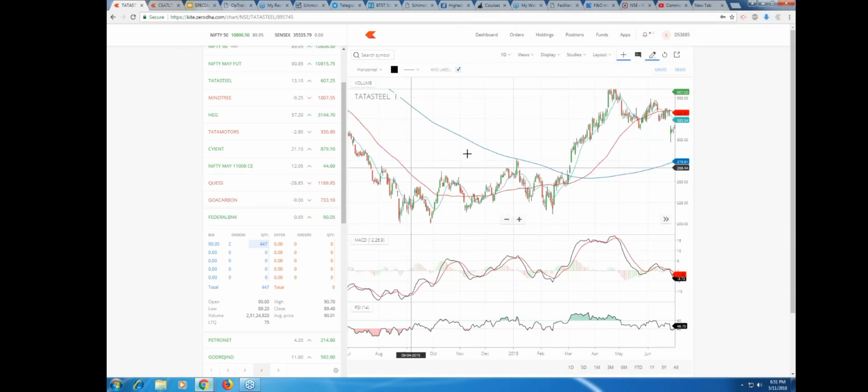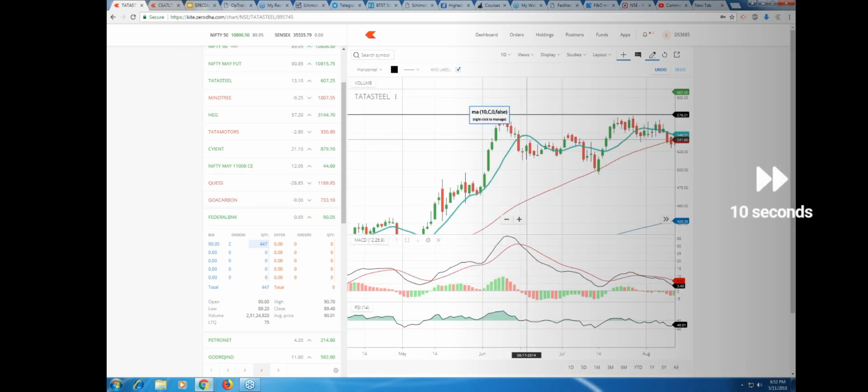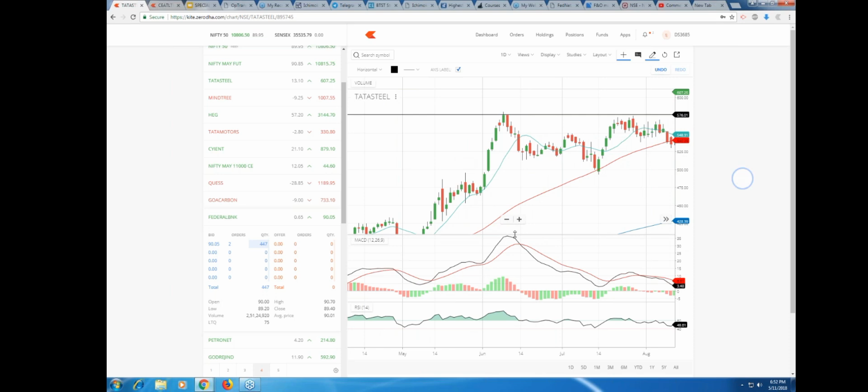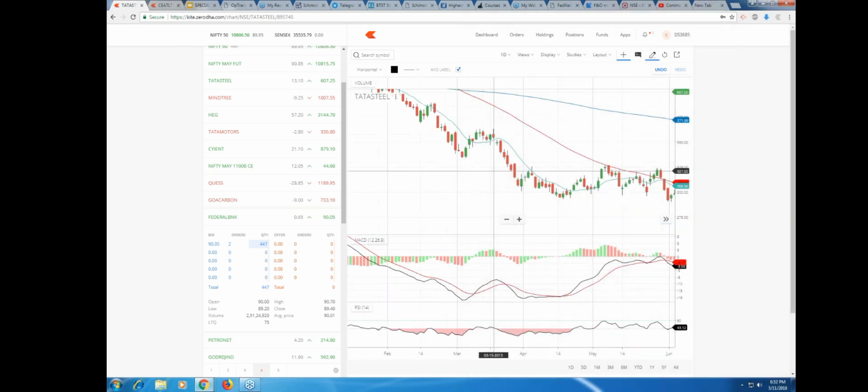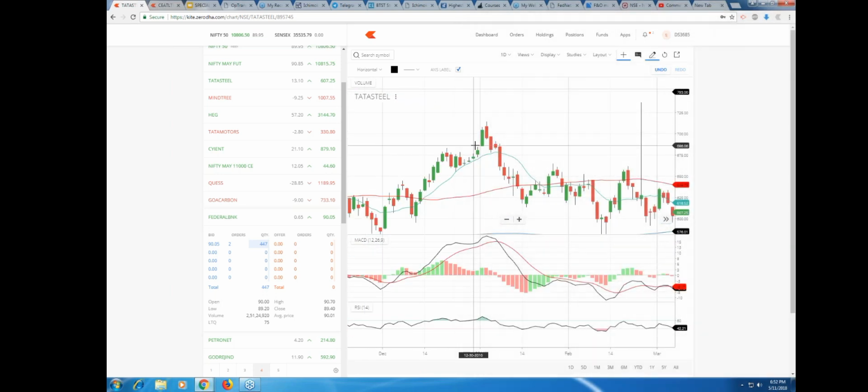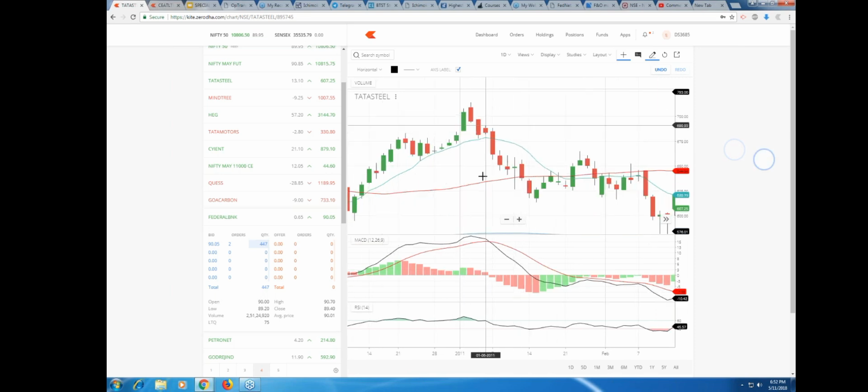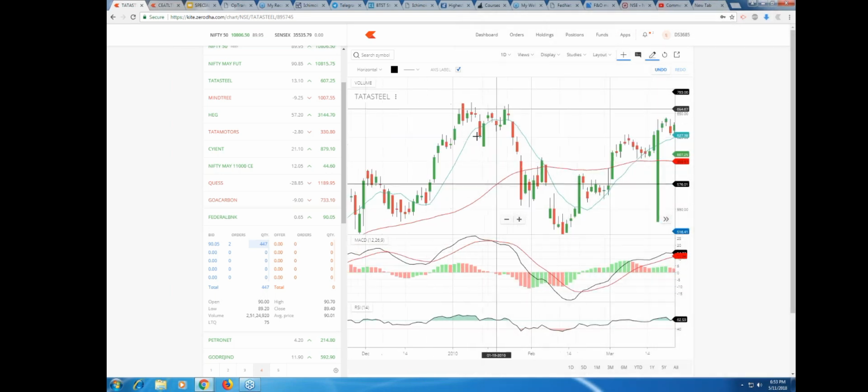Identify them, then I'm going to tell you how you trade in them. The stock has come down. So where is the RSI cross? So this is Tata Steel. You can see the previous bullish candle, a solidly bullish candle, right? And see here MACD crossover, and see why we couldn't